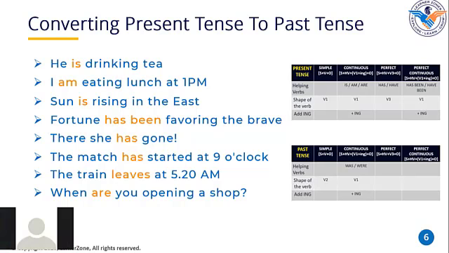Why is this in present continuous tense? Why did you say that this is in present continuous tense? Can you please explain it to me once again? Sir, because there is "are". Okay, we are using "are" as a helping verb here. Yes, sir, and then "ing" added to the first shape of the verb.